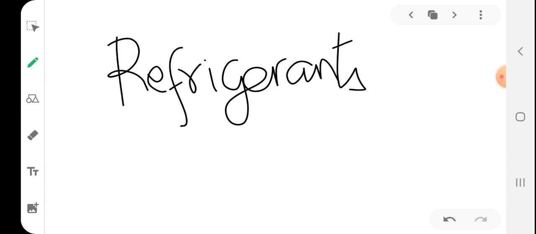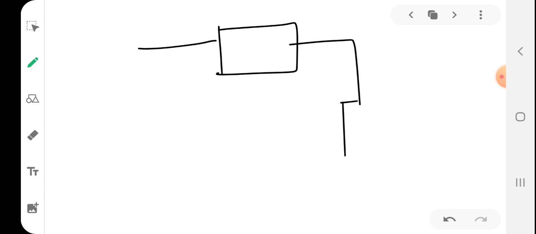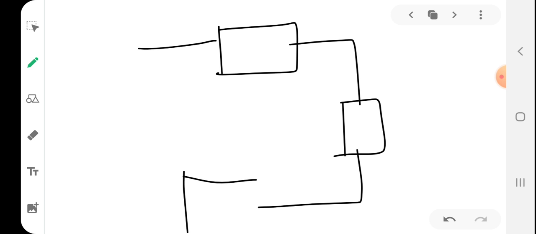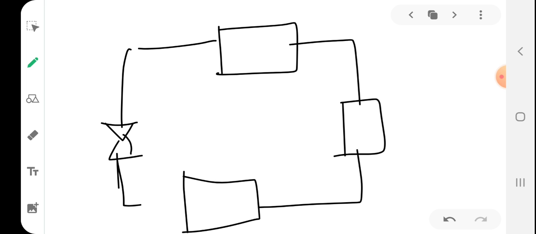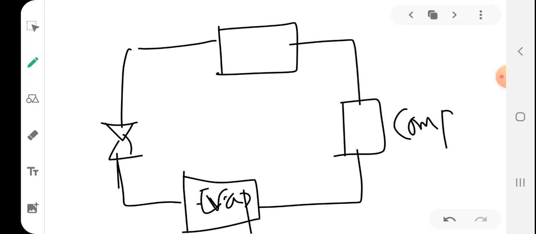So students, you know there is a working fluid. So you have a vapor compression system, right? So this is a condenser, this is a compressor. So this is the evaporator, this is the compressor, this is the condenser, right? And this is the expansion valve. So you know that there is a working fluid which is flowing through this cycle, so through